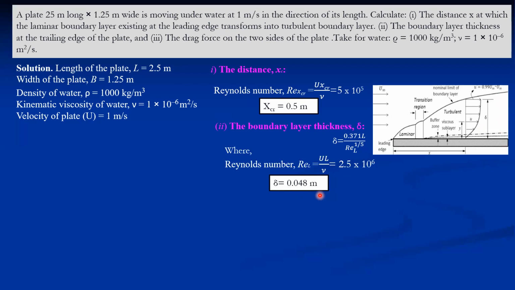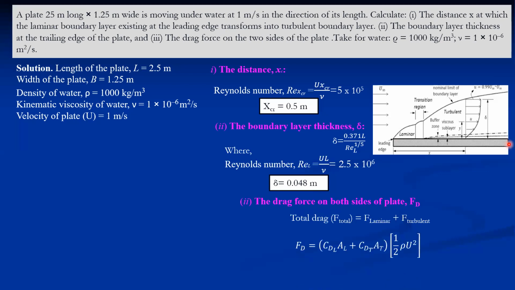Now we have to calculate the drag force on the two sides of the plate. In this case, the boundary layer forms on both sides. So first we calculate the drag force on one side. The total drag force F_D is equal to drag force for laminar flow plus drag force for turbulent flow. The formula of drag force is C_D A times 1/2 rho u square, but 1/2 rho u square is common in both. But C_D, L and